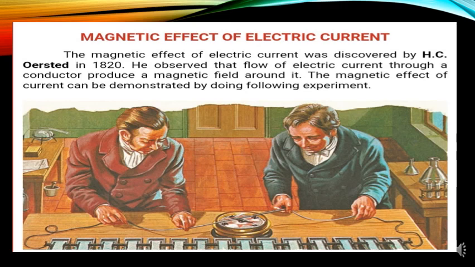Ørsted found that a wire carrying a current was able to deflect a compass needle, where the compass needle was acting like a tiny magnet which can be deflected only by a magnetic field, isn't it? Since a current carrying wire was able to deflect a compass needle brought near the wire, it was concluded that a current flowing in a wire always gives rise to a magnetic field around it. So this was first discovered by Hans Christian Ørsted through his experiment, which is called Oersted's experiment.